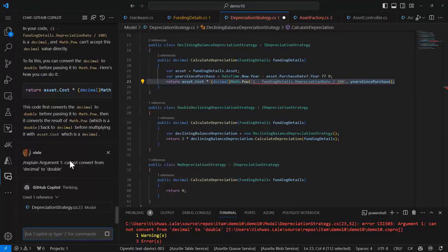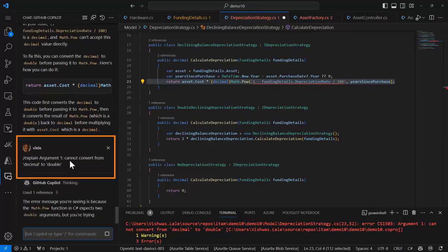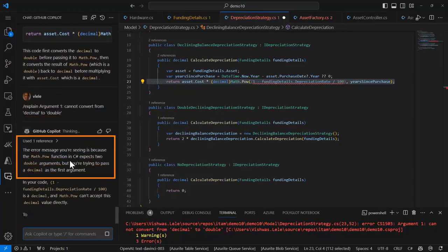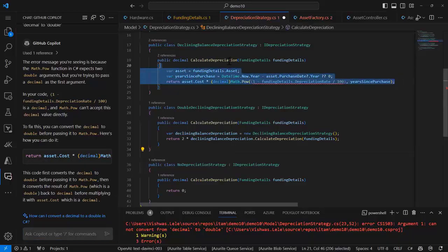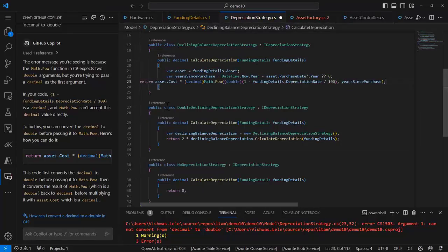Let's see if Copilot can explain what's going on here. So Copilot sent that instruction. I didn't have to write the prompt. It was automatically created for me. I just had to hit explain and the prompt was generated for me. And it is explaining to me that it is indeed a type mismatch problem and I would need to do an explicit cast. In fact, it provided the code for me right there. Let's copy and paste that code and replace the line that was causing that error. Let's fix the formatting. Let's tab over, and make sure return aligns with the rest of the code. So that's one error already fixed.